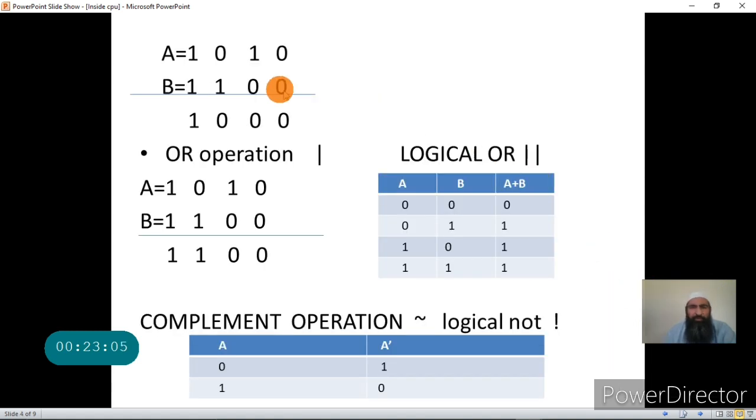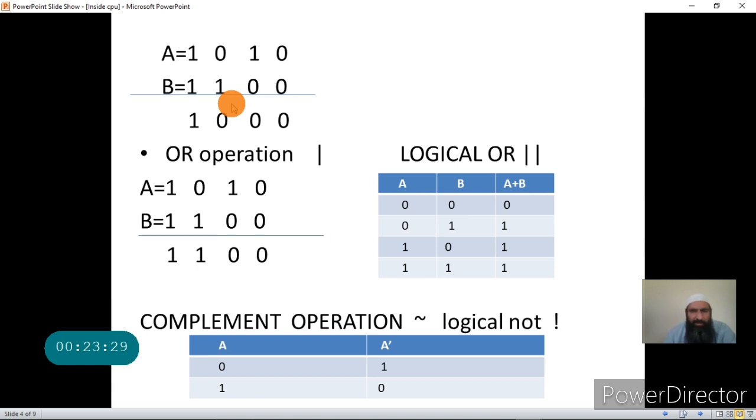Next, now if I have two binary numbers. In the previous example, I took single-bit binary numbers, where A and B were only 1-bit binary numbers. Now let us take an example where A is a 4-bit number and B is also a 4-bit number. How do you perform the bitwise AND between A and B?